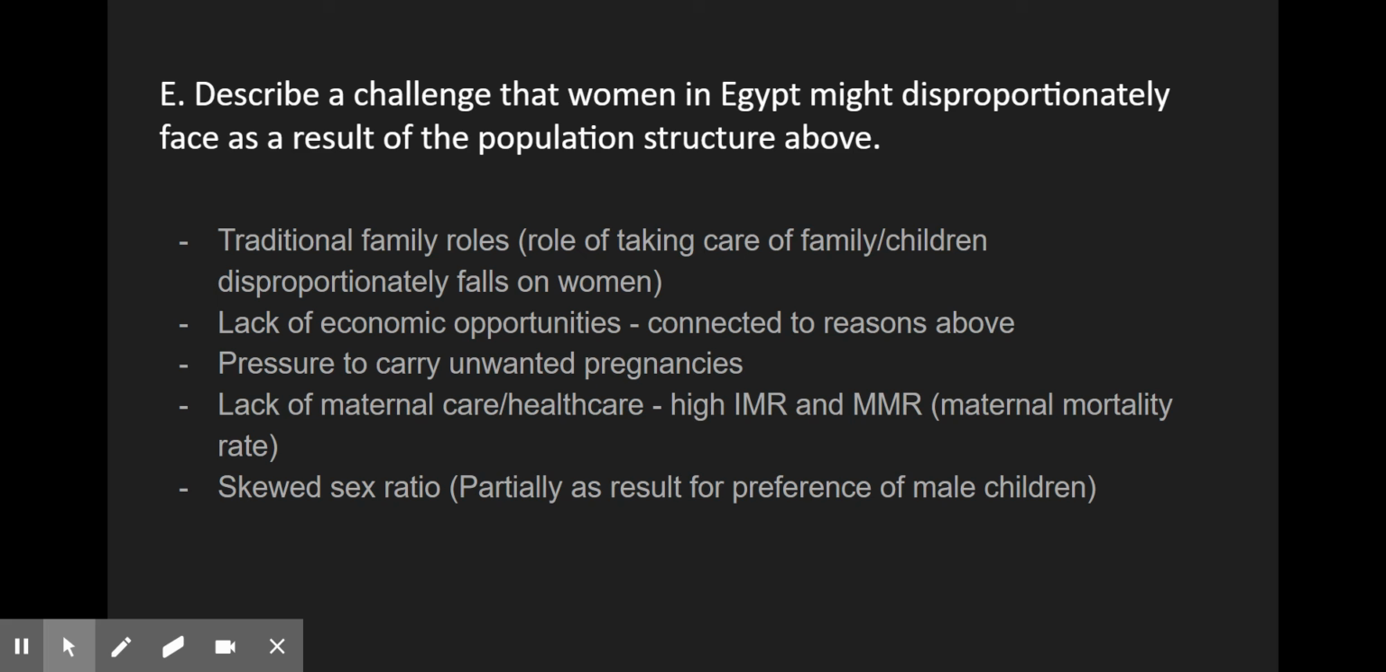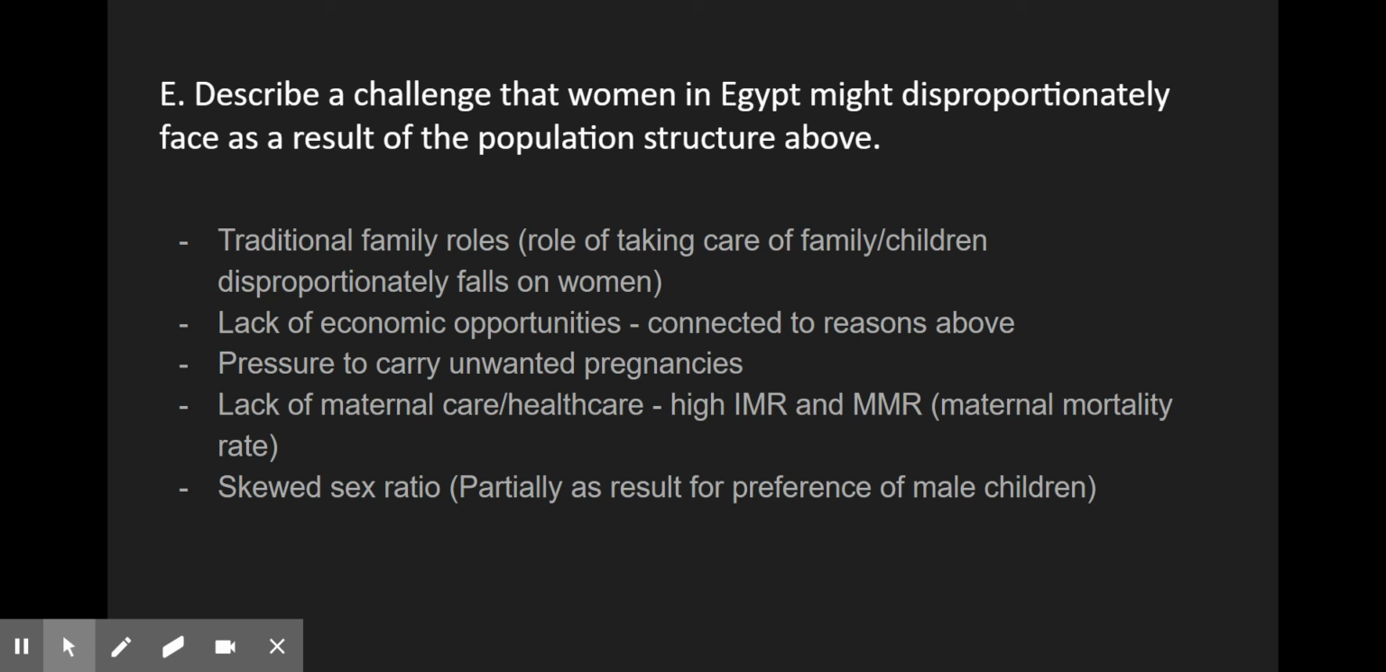So because of the population structure that we see, we can kind of assume in some ways that the traditional family roles and the fact that the role of taking care of family and children disproportionately falls on women. So for issues related to population, but for also issues related to cultural norms and traditions and things like that within the country. Lack of economic opportunities, connected to kind of the first bullet point. Pressure to carry unwanted pregnancies because of what we see in terms of the higher rates of younger people within the country. Lack of maternal care and healthcare, so higher infant mortality rates, higher maternal mortality rates, both of these